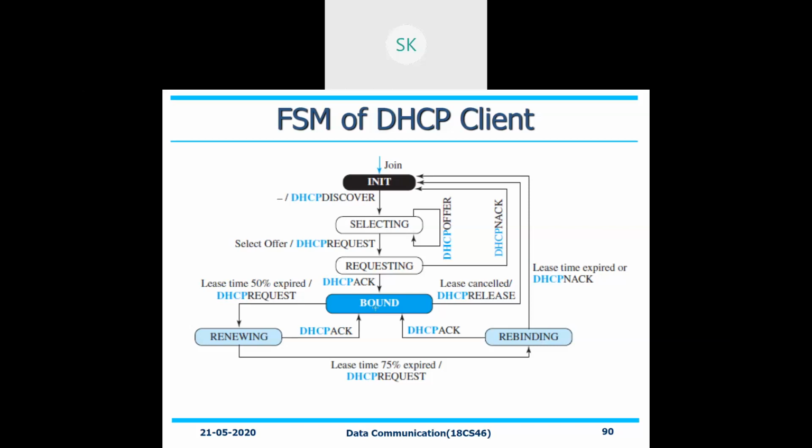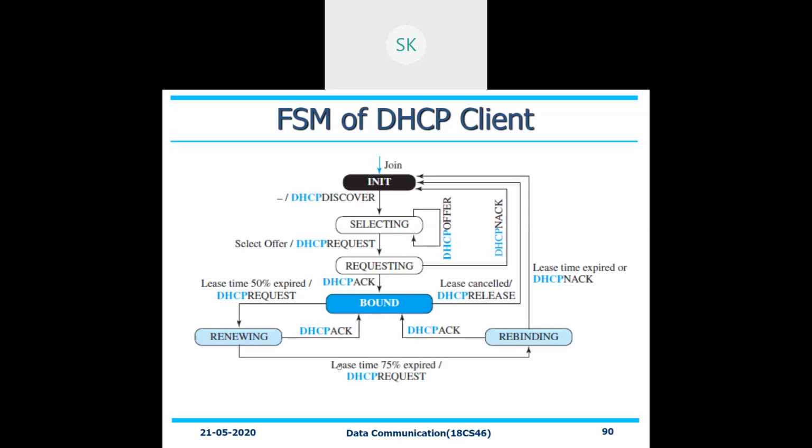3600 seconds, if it has been provided, within that time, you may not be able to finish off your particular task. At that point of time, if 50% of the lease time is expired, that is out of 3,600, 1,800 seconds has expired now. So with respect to that, once again, you need to renew it. Once again, you can go with getting the 3,600 seconds and continue.